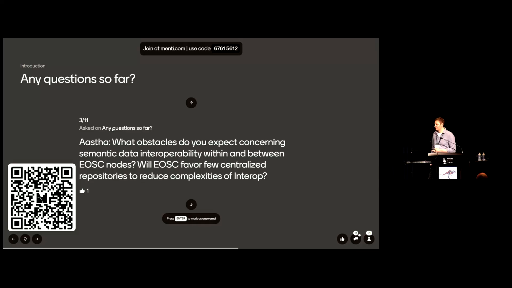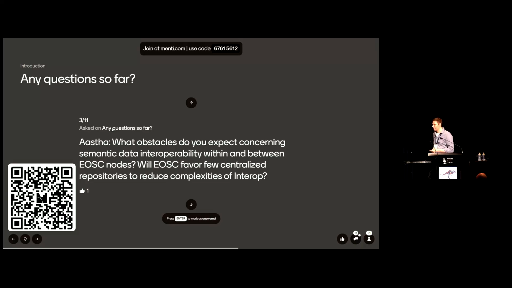I think what they want to do is preserve the richness of all the things and all the methodologies that people use, and still make sure that there is some sort of common communication, and that's why any kind of integration there is at a very shallow level. I know the second part was around whether some centralized repositories will be favored, but